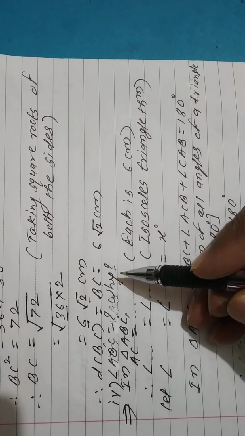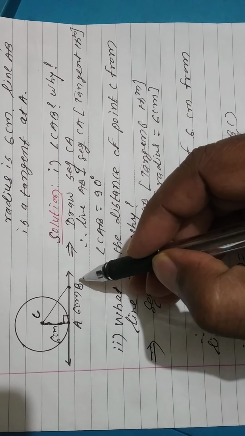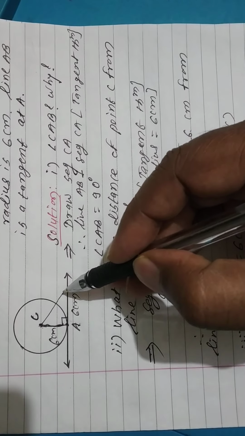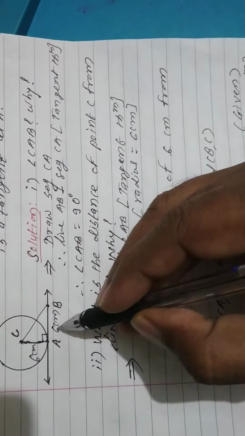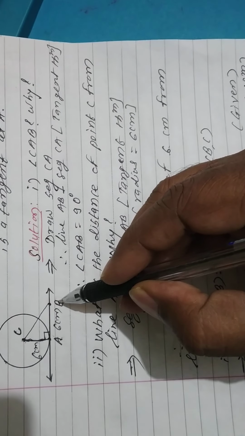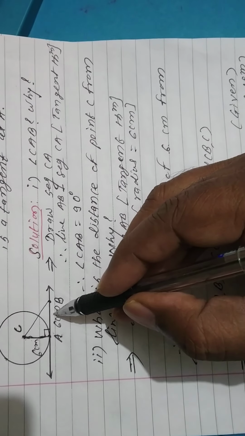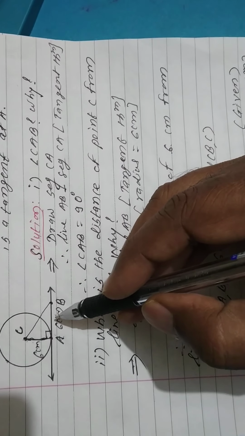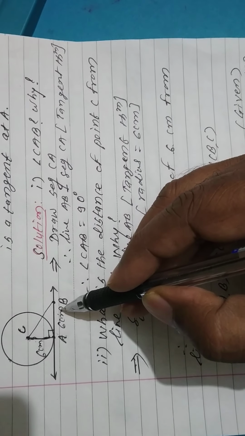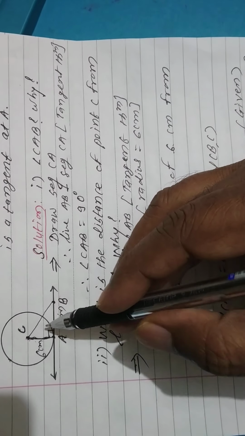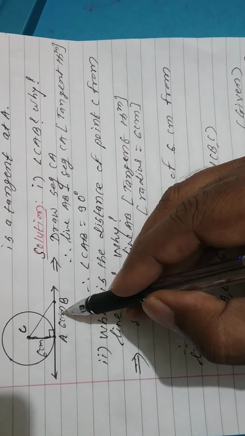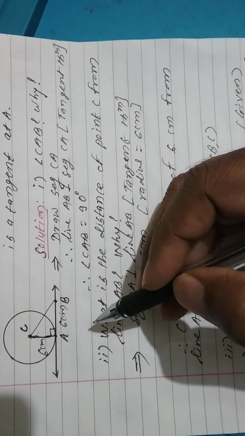Sub question fourth, angle ABC is equal to what? Why? Now in the figure, where is angle ABC? You find the measure of this angle ABC and why. In the figure, AC and AB are equal, two sides are equal, means this triangle is an isosceles triangle, and you know the isosceles triangle theorem, if two sides are congruent, then their opposite angles are also congruent.